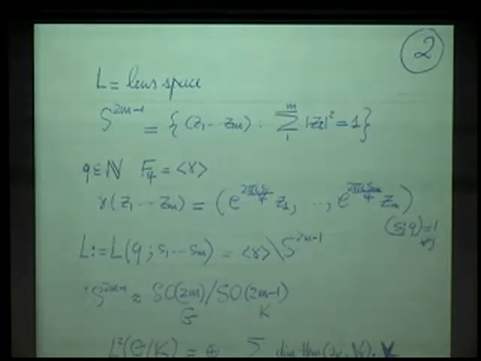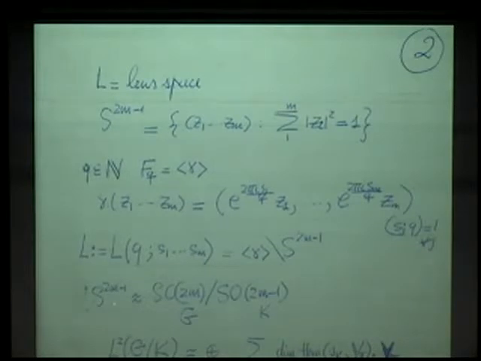We take a natural number q and this finite cyclic group generated by gamma, and the action is given as follows. We multiply each coordinate of C^m by this root of unity, and we assume that the s_j's are coprime to q. This is a cyclic group of order q, coprime to q, so that the action is free, and the quotient will then be a manifold, and it is the lens space with parameters q, s1, ..., sm.